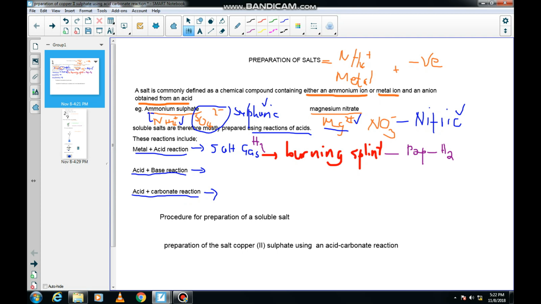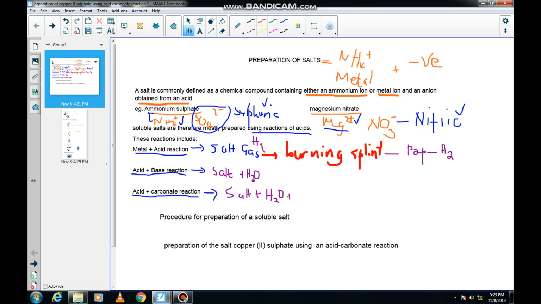And acid and bases react together in a reaction that is called a neutralization reaction to produce salt and water. Water is the only other product. And acid and carbonates react together to produce a salt plus water